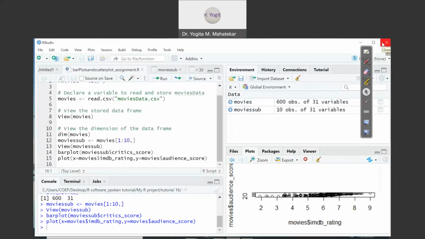Yes, so this is all about drawing scatter plot and bar plot for the given data frame and the corresponding variables from the columns we have chosen. Now we will see one important package, namely ggplot2, which was created by Hadley Wickham in 2005. It offers a powerful graphics language for creating elegant and complex plots.